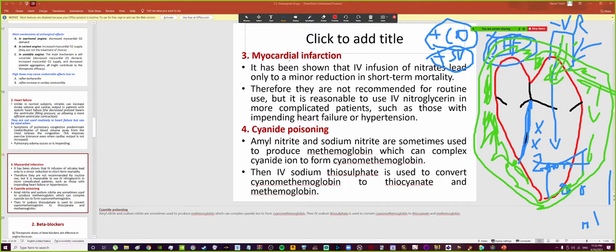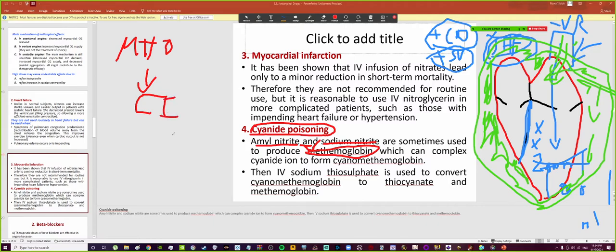And this is the part where it is very unique: cyanide poisoning. Remember cyanide poisoning from the previous block? Basically, how it relieves cyanide poisoning is that you give both of these two drugs, amyl nitrite and sodium nitrite. Why? You want high amounts of methemoglobin for now. And this high amount of methemoglobin has a high affinity to cyanide ion, so it's going to form a complex with it, and this complex is known as